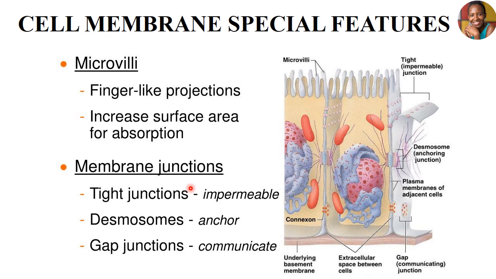And then the other part that we're going to look at is the cell junctions, or the membrane junctions. Junctions by definition are connections or areas of contact between one cell and another cell. So they are areas that allow us to join one cell to the other. And there are three main junctions we are going to look at: the tight junction, which is known to be very impermeable; the desmosomes, which are the anchoring or adhering junctions; and the gap junctions, whose main role